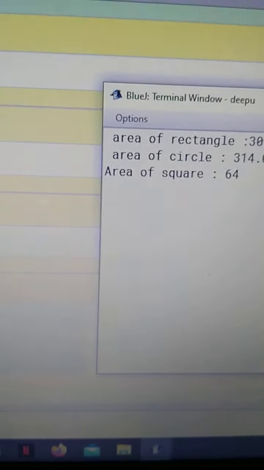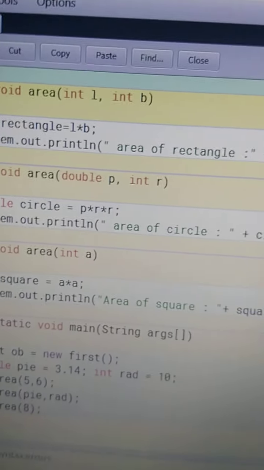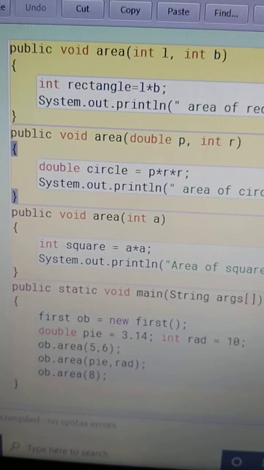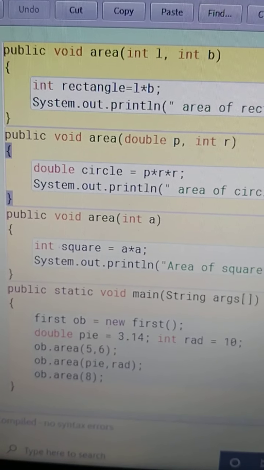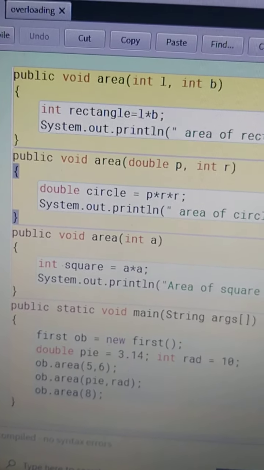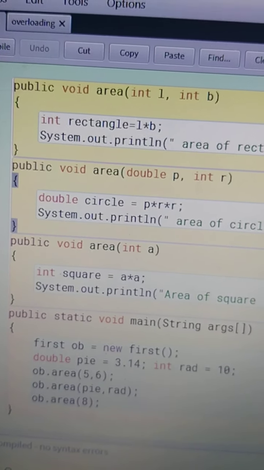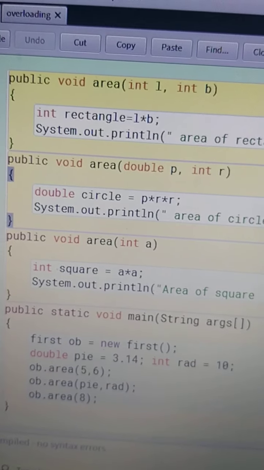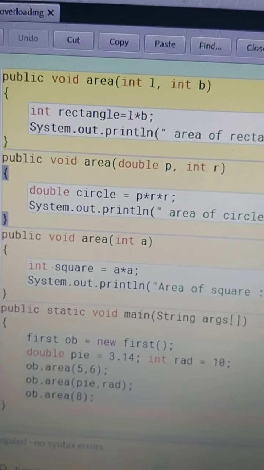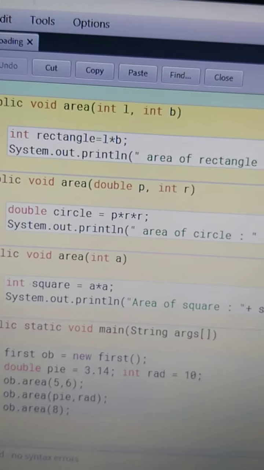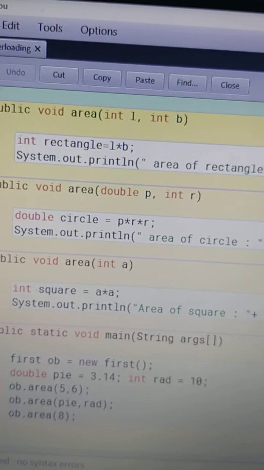So this way it identifies. Function overloading means two or three functions, more than one function, which have the same name. A class consists of more than one function which has the same name but different signatures. Different signature means the number and type of arguments passed will be different. This is to implement polymorphism and to reduce the number of choices by making the program run faster.